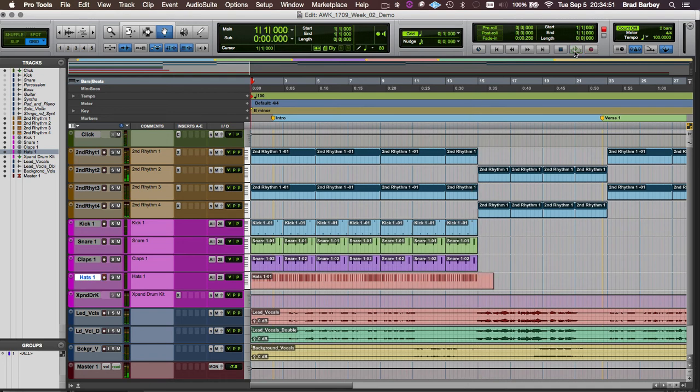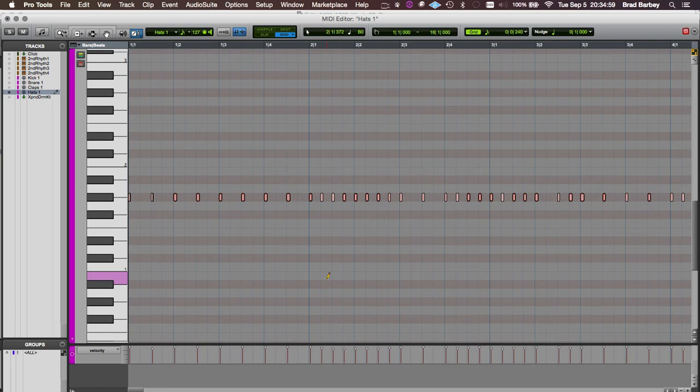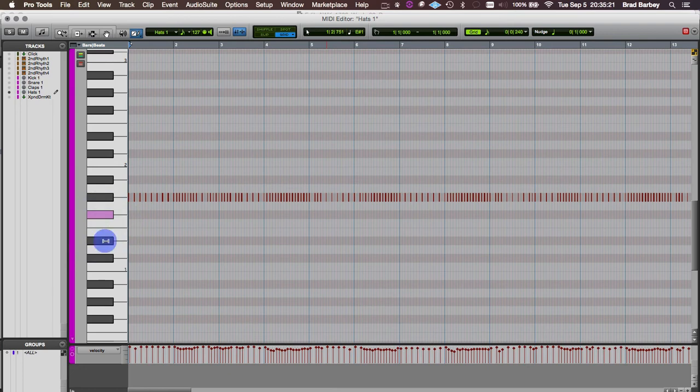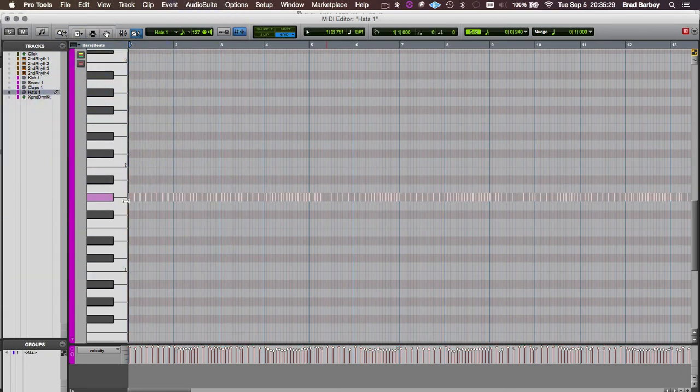Okay, so up to that point. Now what I like to do is go right into the MIDI editor, Control equals, and then I can see that those are on the grid now. Now maybe I want some. I'm going to zoom in,